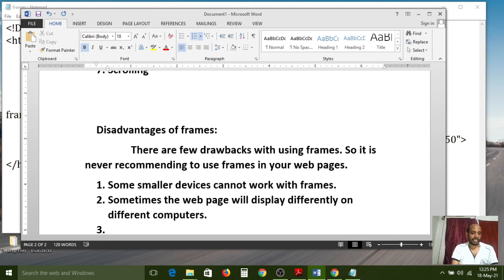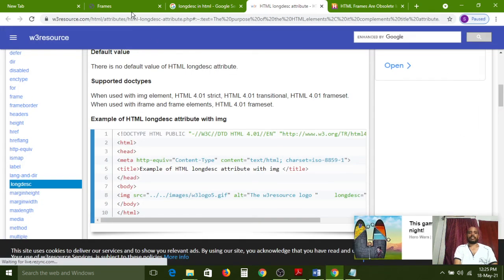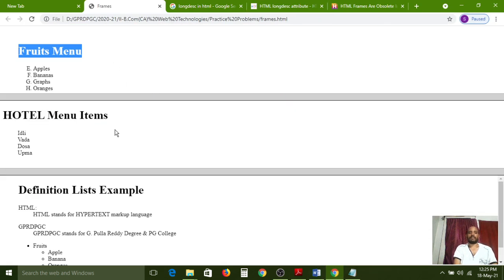It cannot maintain the sequence for execution. 1, 2, 3, like that, 3 frames we have divided now. So the first frame is shown, and the remaining 2 frames are hidden by the small resolution. So that's why frames are not recommended for this reason. And the browser's back button will also not work. All of you carefully observe. Here we have created 3 frames now. So the browser back button will not work for this, and the forward button will also not work.